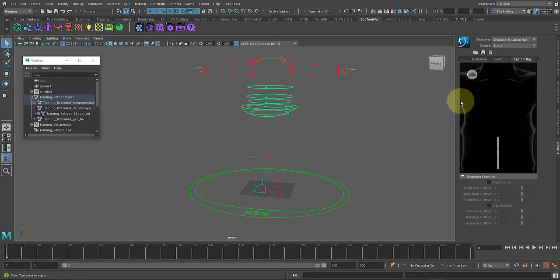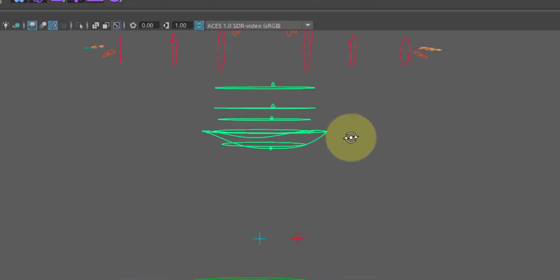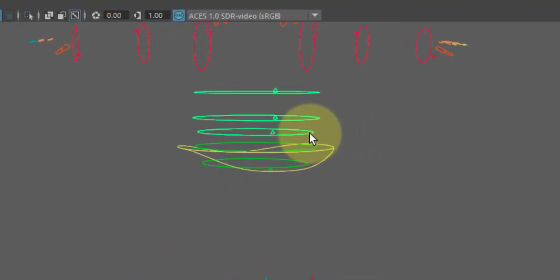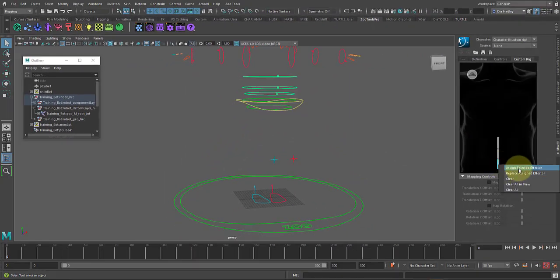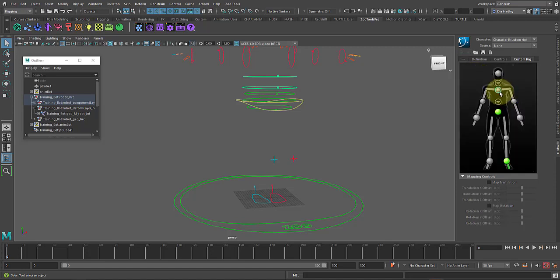And like we did with the others, we want to start from the bottom here. Select this. Make sure you select your bottom spine joint, which is this controller. Assign. I'll work my way up. Assign. I'm going to leave this one open. Come back out. Select this one, then select the very top spine and assign. Once that's assigned,